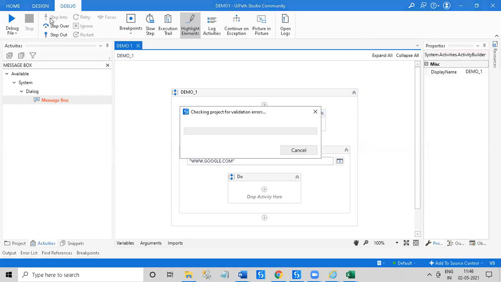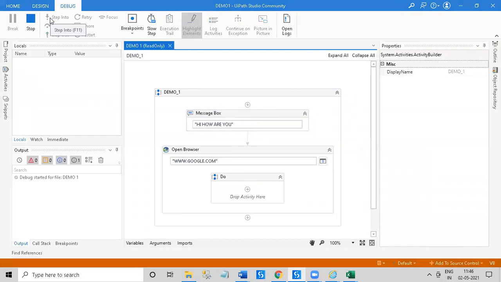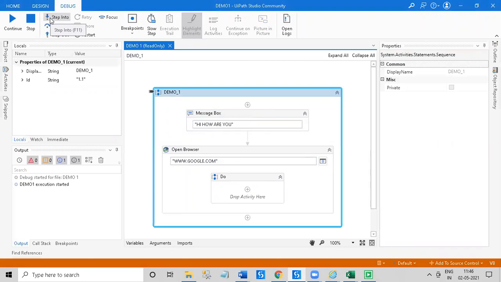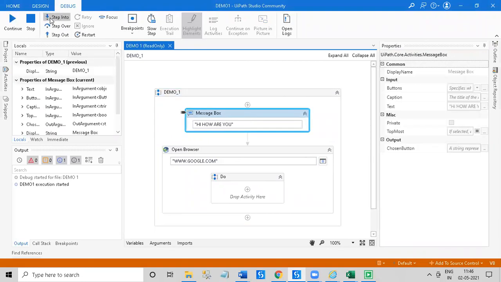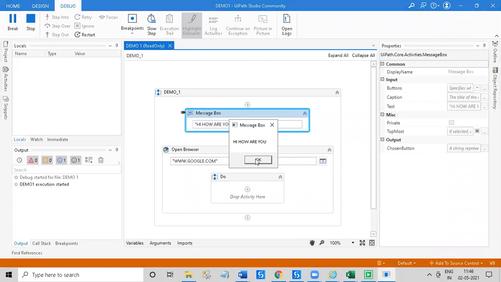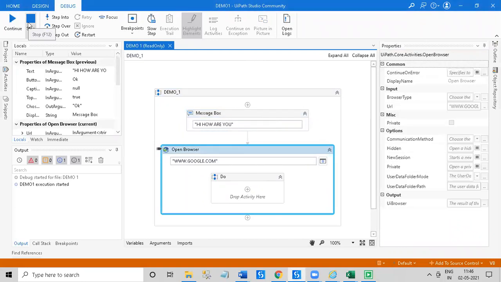Okay, look. No need to write the code and everything. Directly we can use the message box activity to display any message. So this is how we used to do it. We have more than 500 activities, so we can do lots of automation by using this tool, like PDF automation, email automation, Excel automation, website automation. This is the type of thing we can do by using this tool.